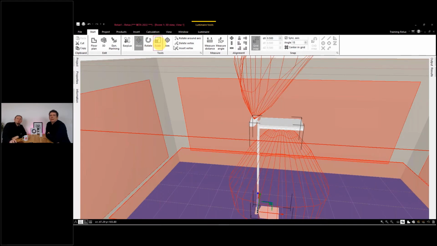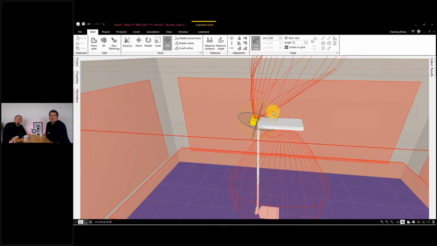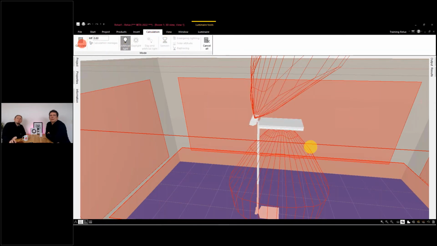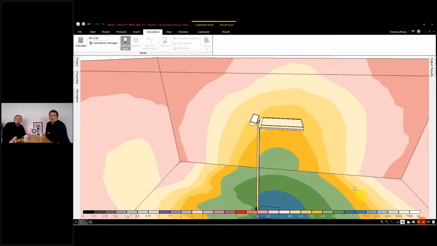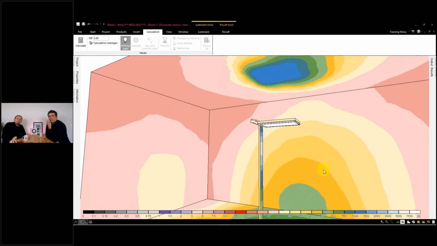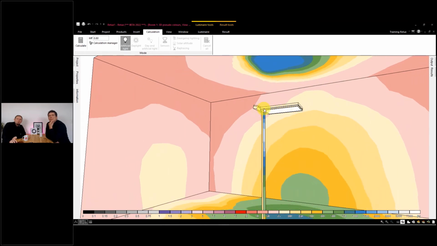Okay, it's also possible to have these joints, so we can have these joints working in this version. And of course, it's also possible to make a calculation out of it. And here in the calculation, you can also see an interesting feature. In the calculation, you can see that the head elements were measured geometry. This means